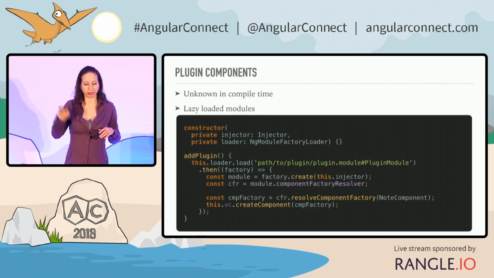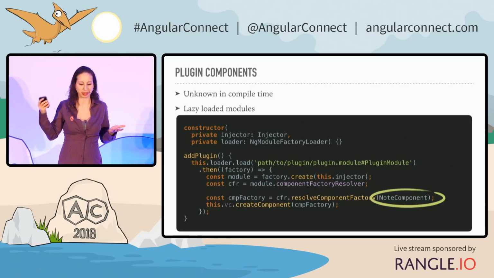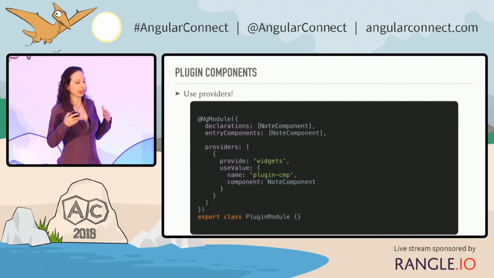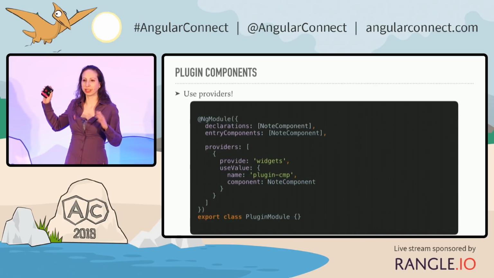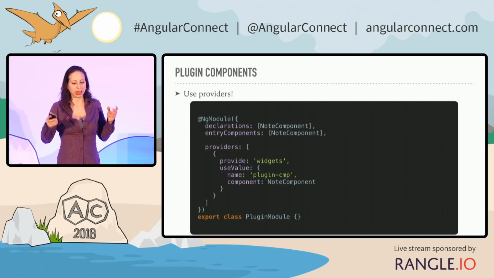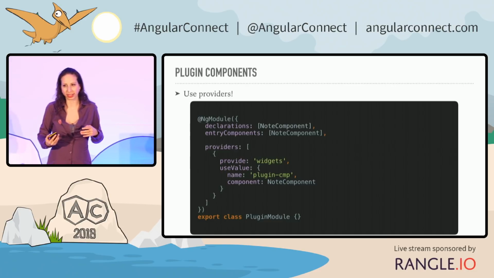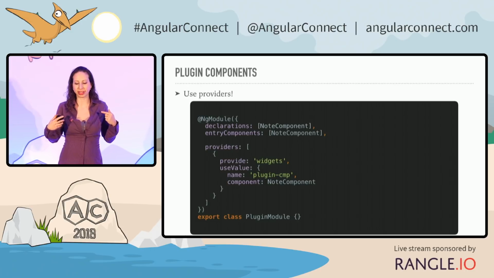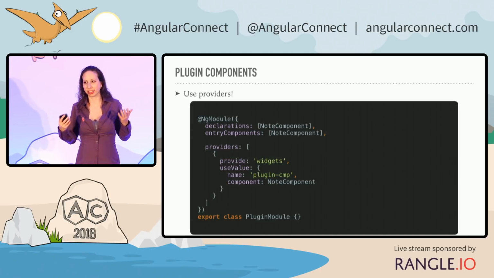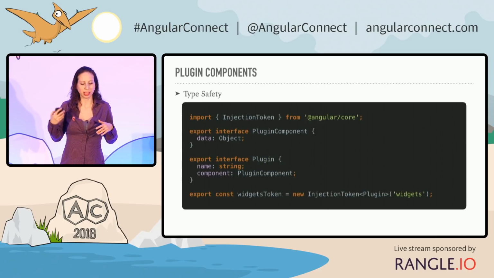Okay, but still we have a bit of a problem because we resolve the component and we still know the component there. So what can we do about that? We can use the providers. This is the lazy loaded modules. So we can add the providers there, and we'll ask for the provider. We need to know the provider name, the string, but that's it. We don't need the code. Okay? So this is one way to do that,